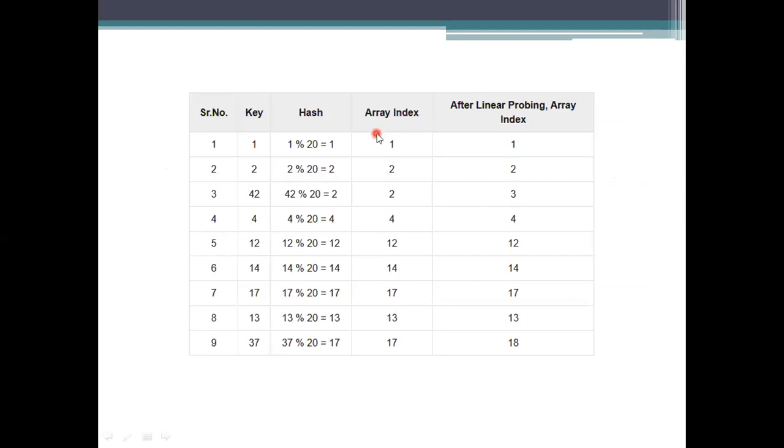If it is 20, then it gets 0. Among these 9 values we are using, we did not use index 0. If we take the elements to be inserted which have been colliding into the empty spaces, the first empty space we will find is 0. So we are not getting into that one.